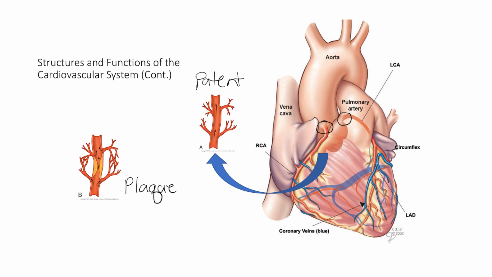And the amount of plaque that builds up in that coronary artery will give us the degree of blockage or occlusion that we're seeing in the coronary artery. So often what we could see is partial occlusion. So in this particular diagram, where you're seeing some blood is able to still get through the plaque, that is a partial occlusion. If there was no blood being able to get through that plaque, we would say that's a total occlusion